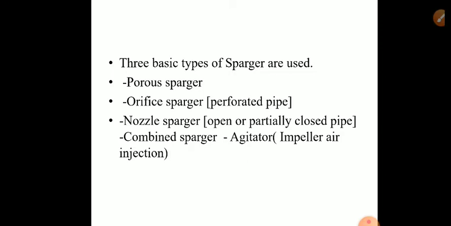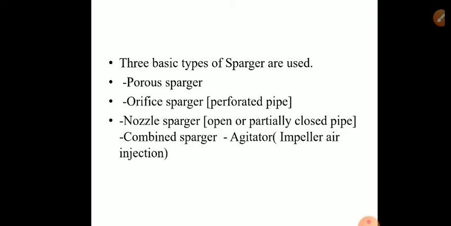Sometimes nozzle spargers are used. It's a closed pipe, and with very high pressure the air enters inside. Sometimes some vessels are not provided with a sparger. We have impeller air injection. That means through the agitator shaft or rod air is forced inside and the impeller blades have holes. So through the shaft of the agitator itself air is put in, and